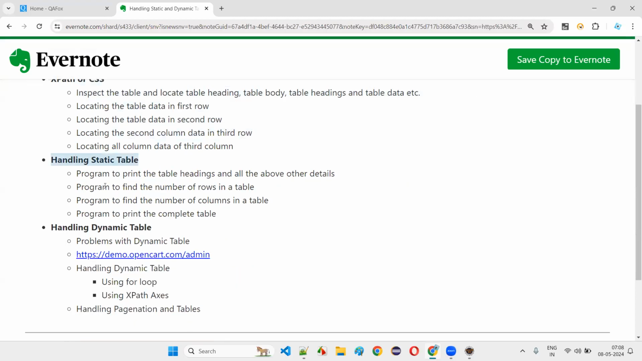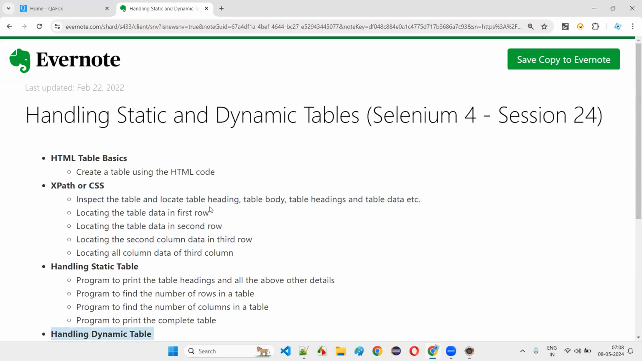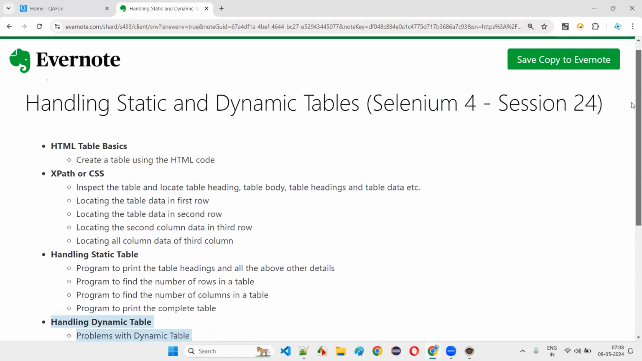Then you will deal with how to handle the static tables, then how to handle the dynamic tables. What is the problem with dynamic tables, how to handle them, okay? Handling pagination and tables, everything I'm going to cover next. Fine, let's begin with